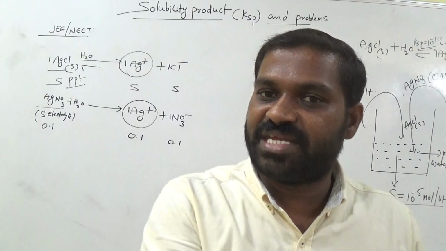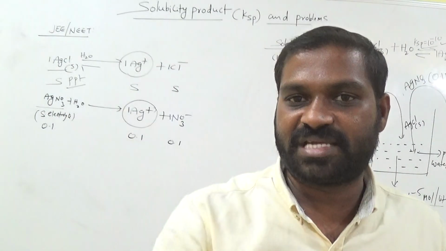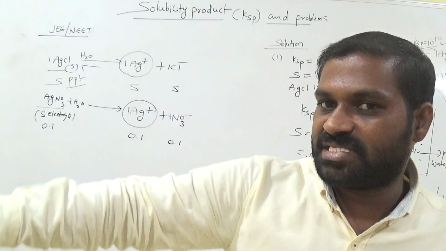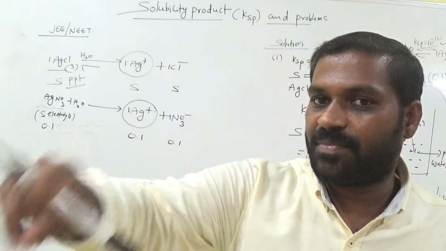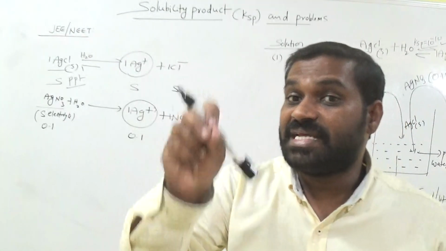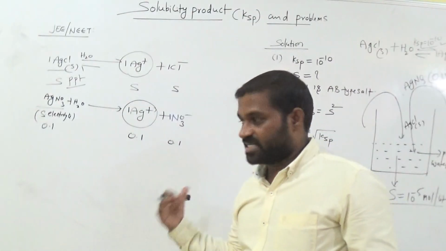That means solubility is decreased or not. If it is well soluble, what happened? It gives Ag plus and Cl minus. Clear? But the reaction takes place reversibly, so that means it gives AgCl again. AgCl is a precipitate. Am I right? Okay, so solubility is decreased by the common ion effect. Clear? So let's see how it is.